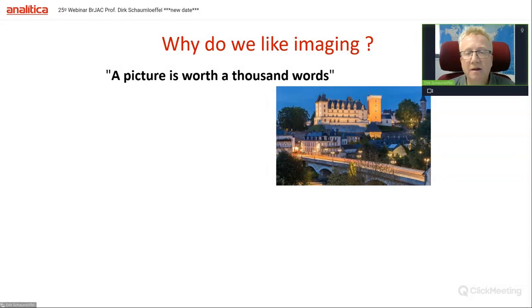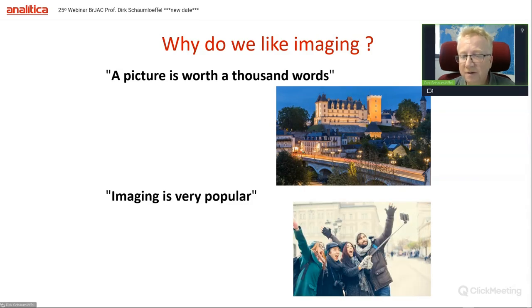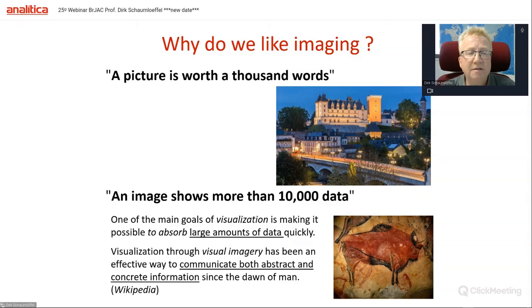Another thing that is also true is that imaging is now very popular. Everybody now has with his telephone also a small photo camera and can take pictures everywhere. Everyone is taking pictures and even videos everywhere. But it's not only nowadays that imaging is very popular. It was already in the past, because we can say an image shows more than 10,000 data. And already in the past, since the dawn of man,